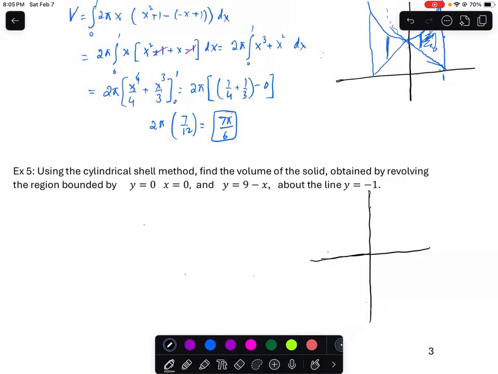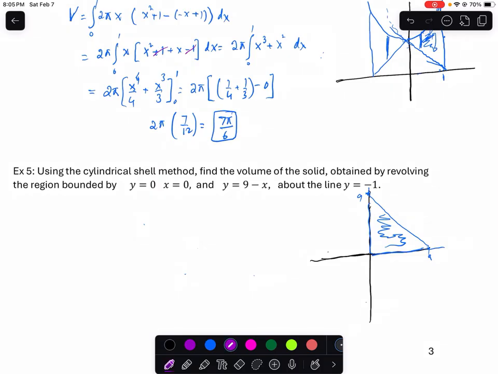Okay, so it is saying that y is equal to 9 minus x. That is the main function. And so let's say this is 9, and let's say this is 9 over here. So the graph is going to look like this. And then y is equal to 0 is the x-axis, and x is equal to 0 is the y-axis. So this is our region, and we are going to